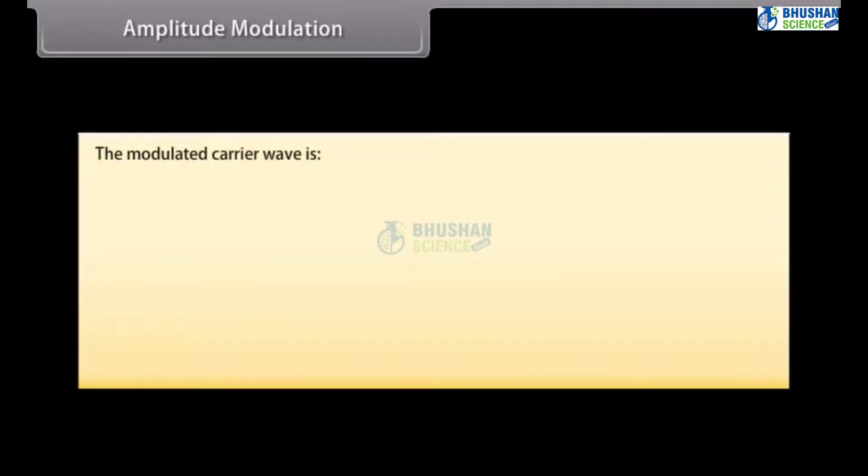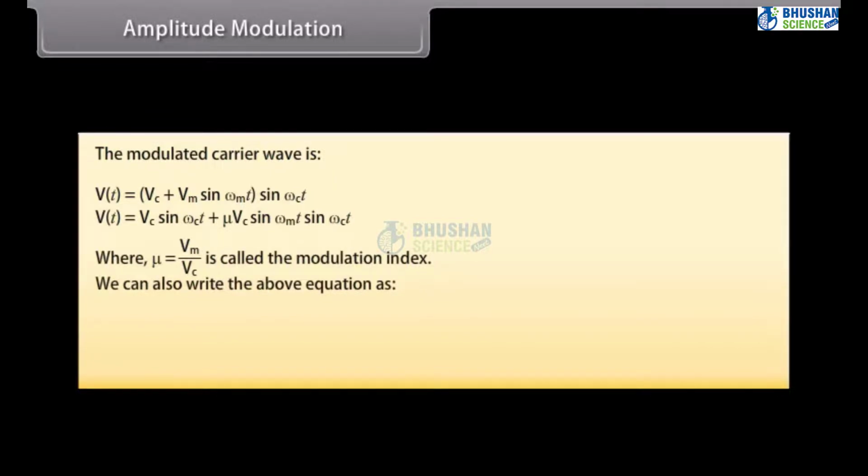The modulated carrier wave is given by v(t) = (Vc + Vm sin(ωm t)) sin(ωc t), which can be written as v(t) = Vc sin(ωc t) + μVc sin(ωm t) sin(ωc t), where μ = Vm/Vc is called the modulation index. We can also write the above equation as